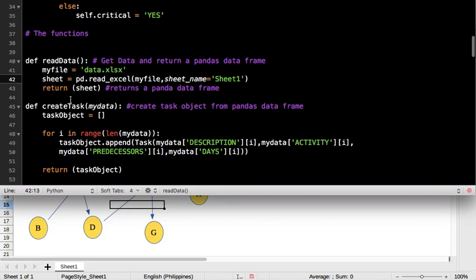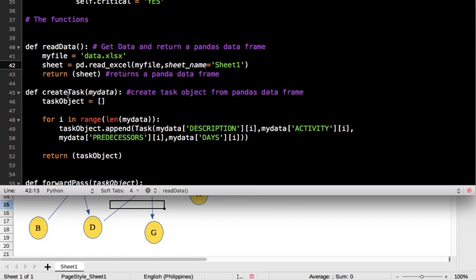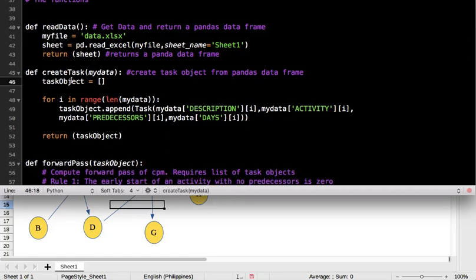Okay, next we define another function, which is create task. This function will create individual tasks and put them in a list. So we make a list, and then we iterate over it based on the length of my data. Then we append the description, the activity, the predecessors, and the days of my data to the task object. What this does is that we create a list of objects,